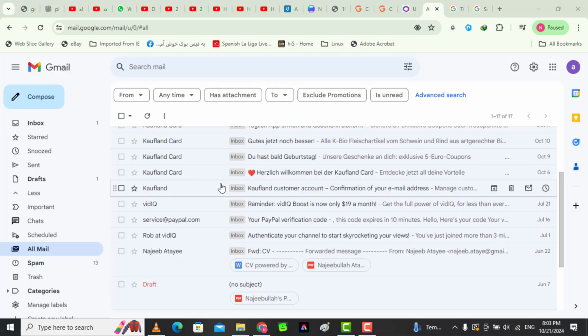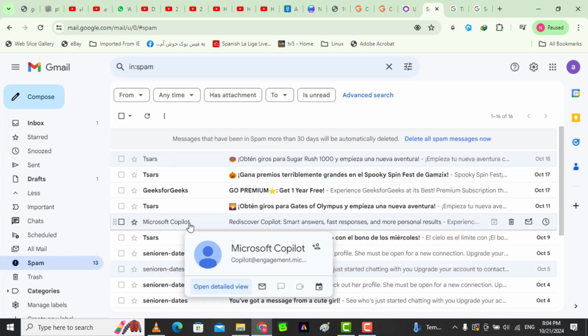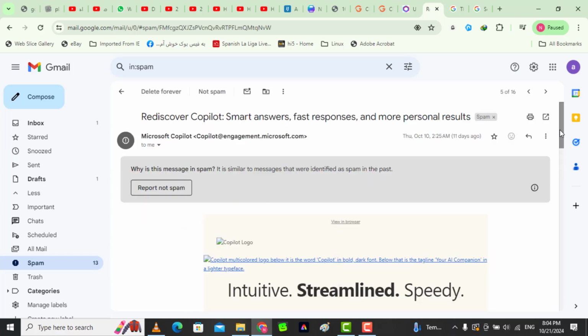But sometimes when you click on All Mail or when you click on spam, there are many promotions or advertisements which come from some unknown websites. They are not removed. Then you can delete all spam messages, click here, or if you do not want to receive any more mail, then click on one of them. Example, Microsoft Copilot. I click here,